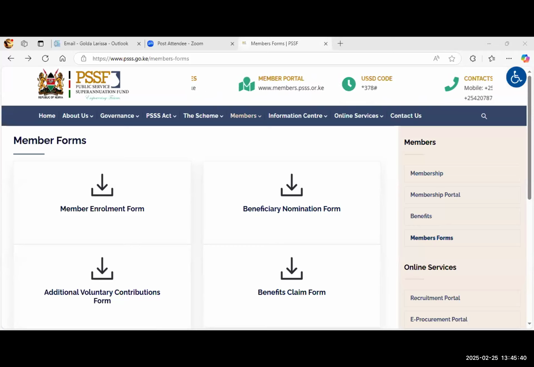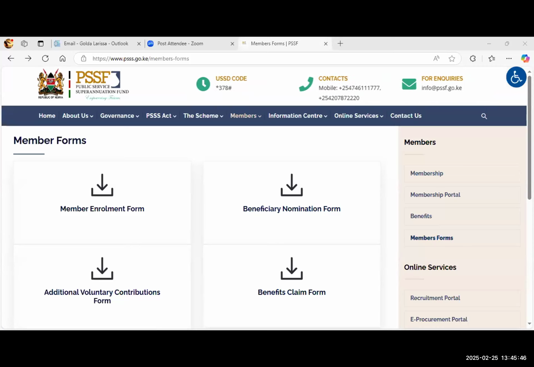Thank you. I'll just quickly, briefly take you through how you can access the portal. I think it's also embedded in the website for the PSSF. Once you scroll within that particular dashboard, you'll be able to see a link that can guide you on how you can access the portal. But you have 2 ways to access the portal. One is through the USSD. You can press